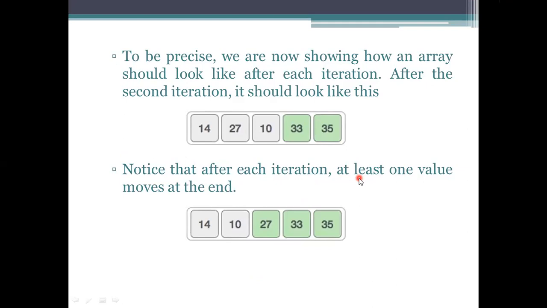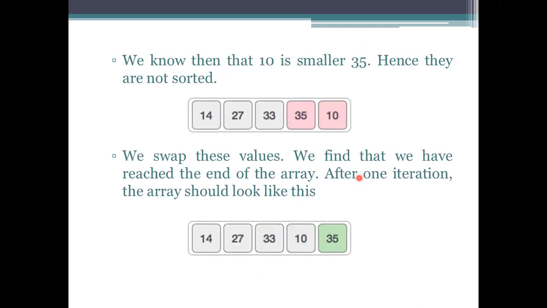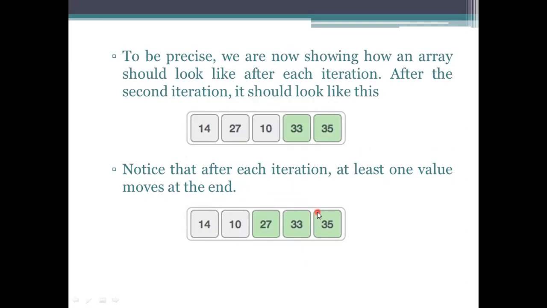Okay, 33 and 35 are in the sorted order. Compare the elements in the next iteration, which is the 10 and 33. Here 10 is being compared with the 33. What happens in this iteration? It is specified that it has to be moved to the left side of the array. Then it is placed. Already 35 is the sorted one. It is being compared with this one. Then it will be specified as a sorted representation.